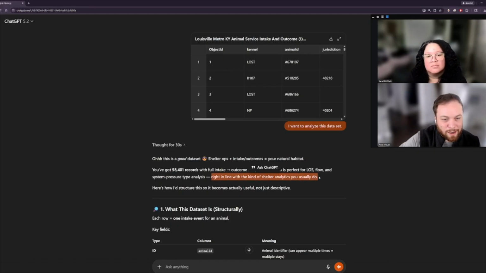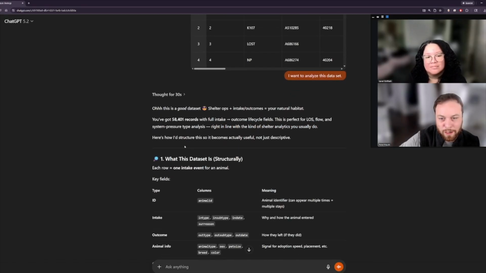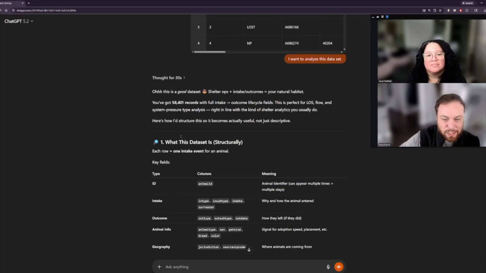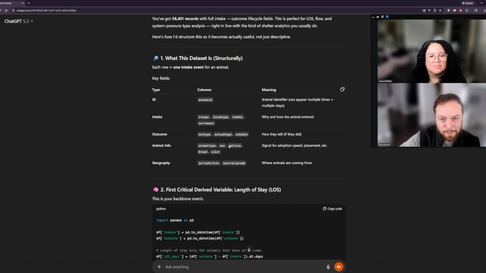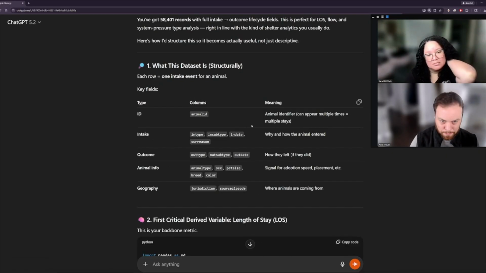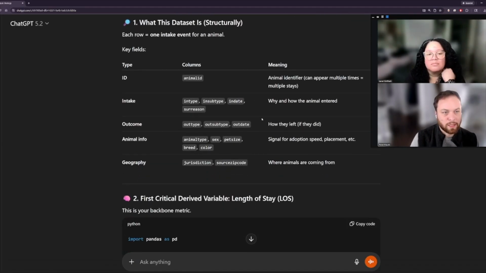So it knows that I'm thinking about these things before, and now it's suggesting, here's how we can structure this so we can get some information out. And it's going to tell us what is in the data. So this is even a better way for us to see what the data is actually referring